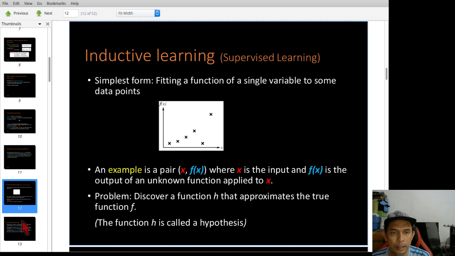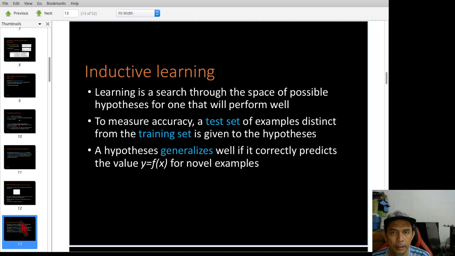Let's start with, okay, so we assume we want to try all possible functions that are able to generalize the data point, the given data point.